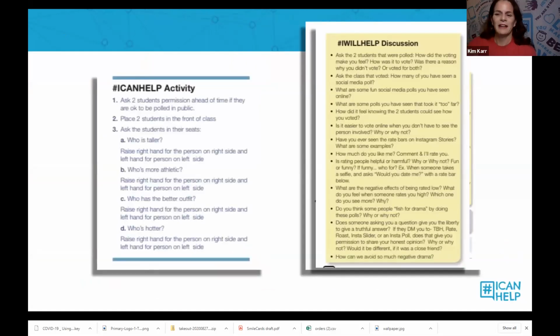Because that is what students are doing online. They're voting. They're using the poll systems. It starts off all fun and cute, and sometimes it is fun, right? Who is taller? I am taller than Mallory, right? But it's supposed to start off fun, but once it progresses, it always turns sometimes pretty evil and sometimes bad. So it goes back, and then you go into discussion questions over on the right here,